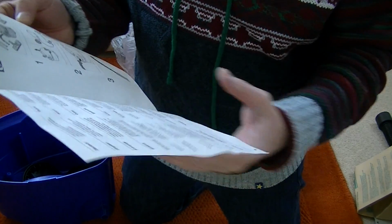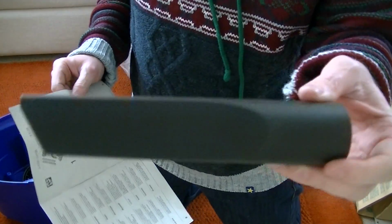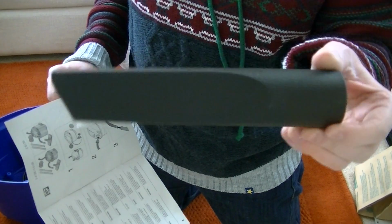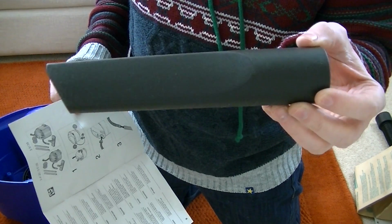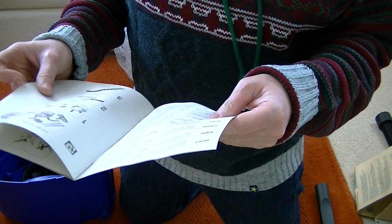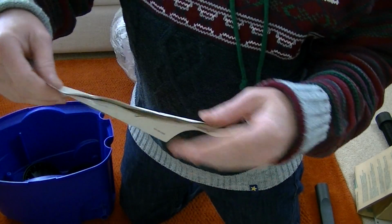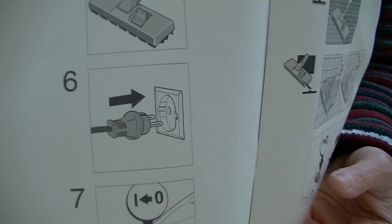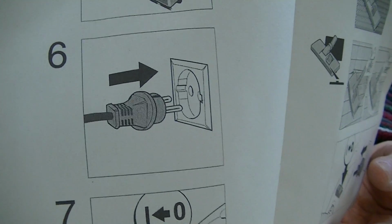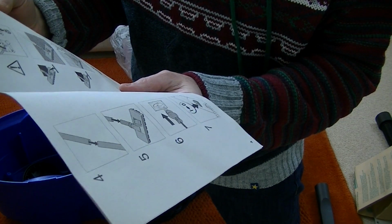I'm just seeing, all I can see is a crevice tool. Again, it's a little bit dusty, but it's not dust from use. Again, bit of water and a little bit of polish. We'll sort that out. I have a little bit of assembly to do. I'm just seeing, got some instructions. As you can see, they're showing its German origins. That's a German plug there. So that's another clue as to the...